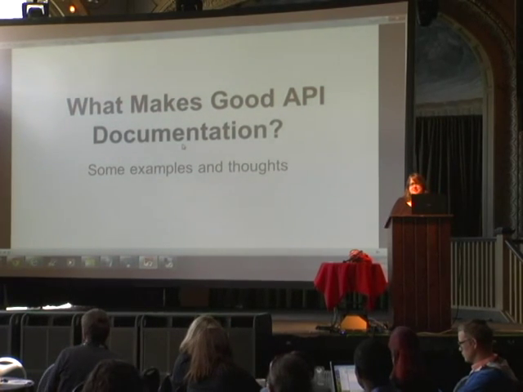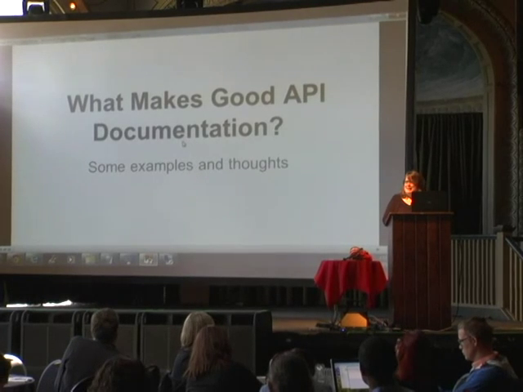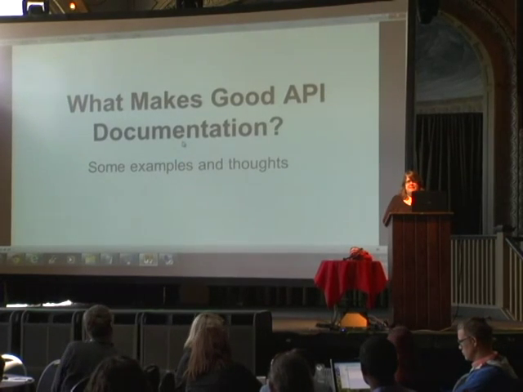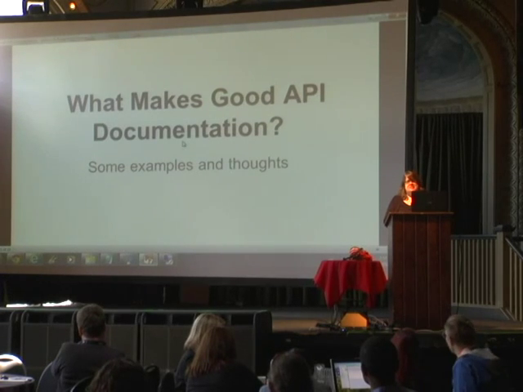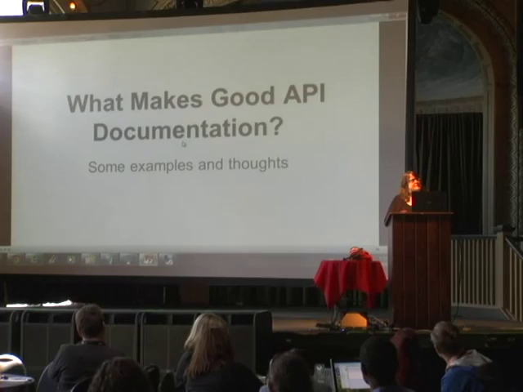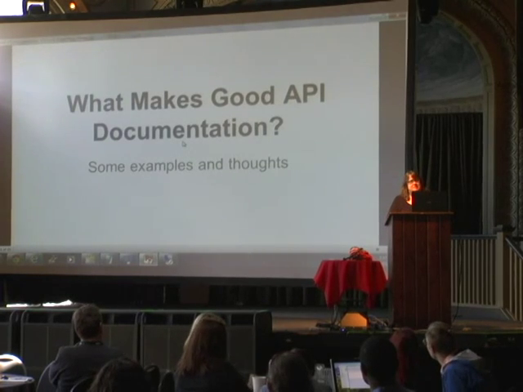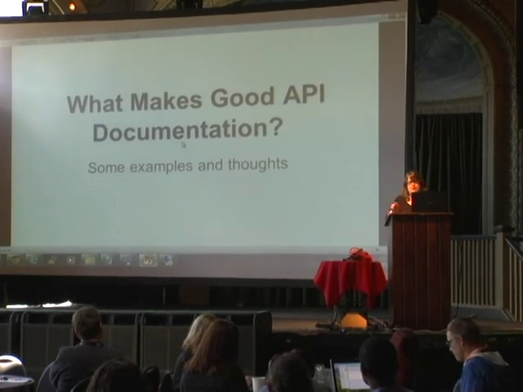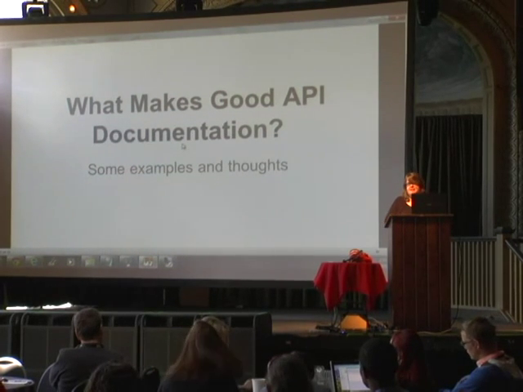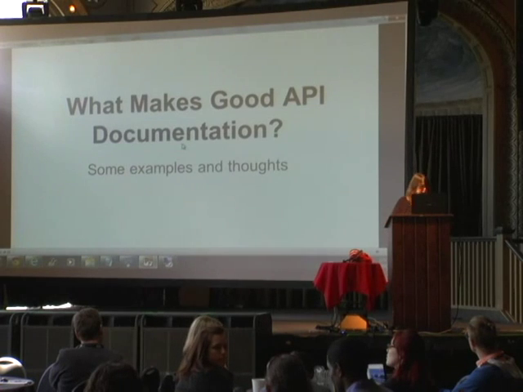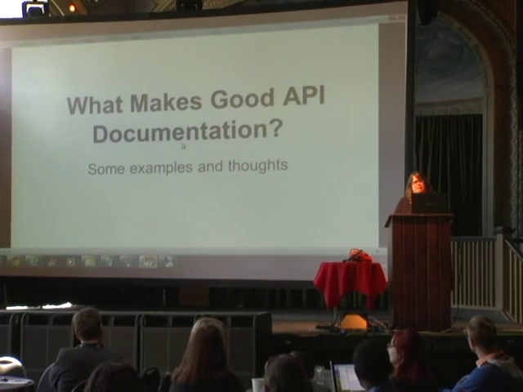So first of all, what makes good API documentation? I got interested in this subject because, of course, I had an API product that I had to document. At our company, we have a very sophisticated underlying product with tens of thousands of functions that's really hard for anyone to understand. And so that's one problem, but another problem was we thought if we make an API, then we can have a developer who gets access to the capabilities that our program has, and we can make these capabilities much more widely available than if we expect every user to become an expert in the product.